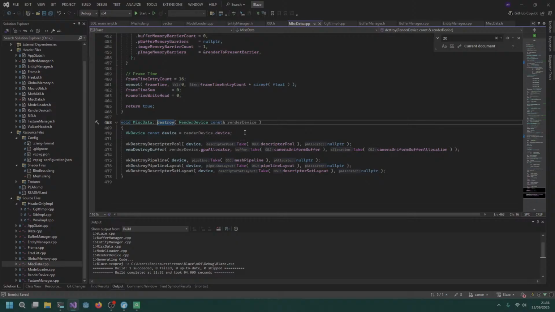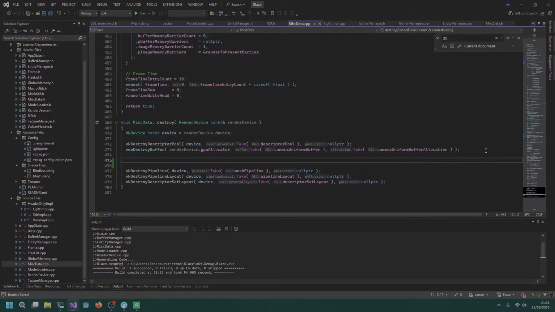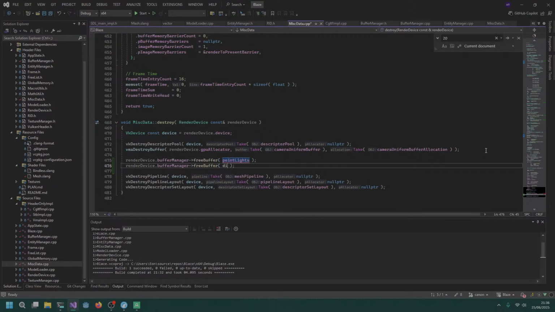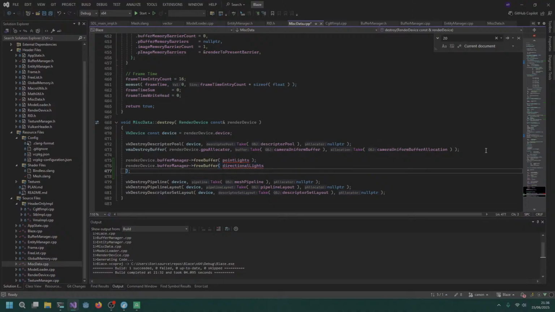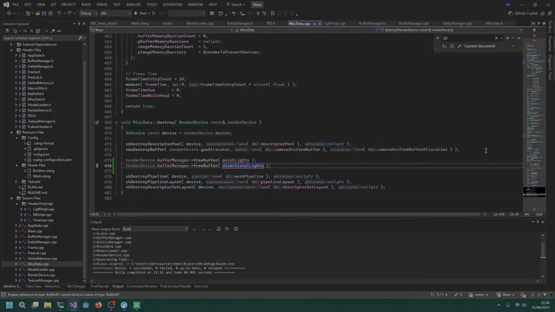So coming back after device, destroy the pool, then the uniform buffer, then we destroy these things. First render device dot buffer manager destroy free buffer and give it the buffer IDs. So what's the first buffer ID? It is point lights. Second buffer ID is directional lights. None of these actually will work without a move, so add std move, add std move. All right, now that frees the